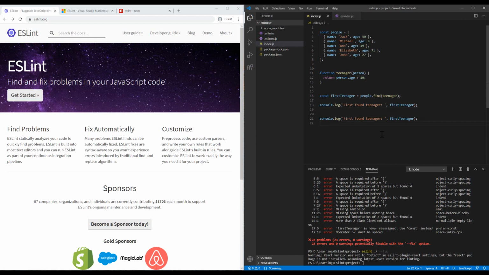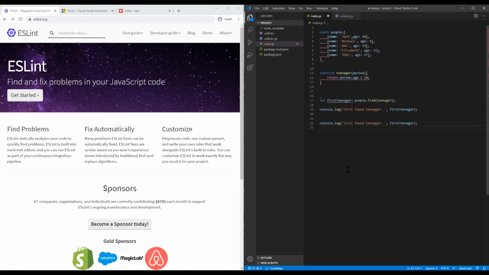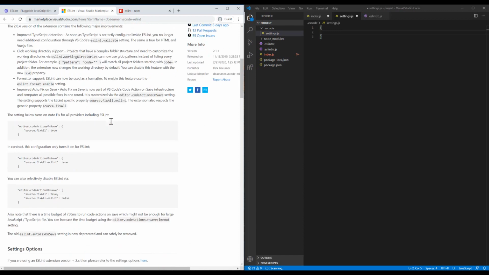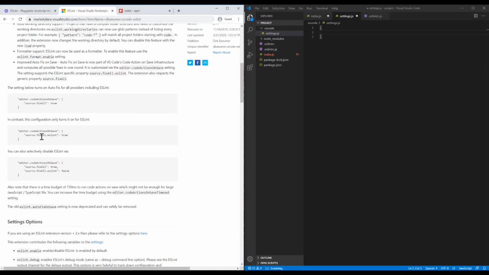I also am able to define a configuration in my VS Code in order to do the fix operation for me on save. Whenever I save my file, ESLint automatically fixes the file, and it's the easier way. So in order to configure it, you need to have a folder .vscode, and inside it settings.json, and it's another JSON file, and you can see that inside the plugin website you are able to use this command to,